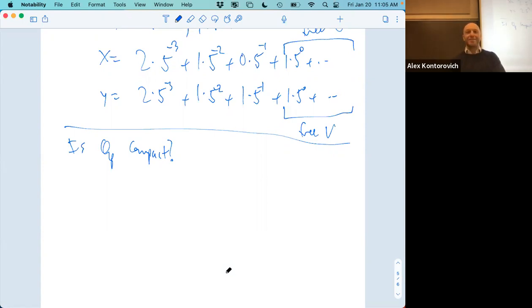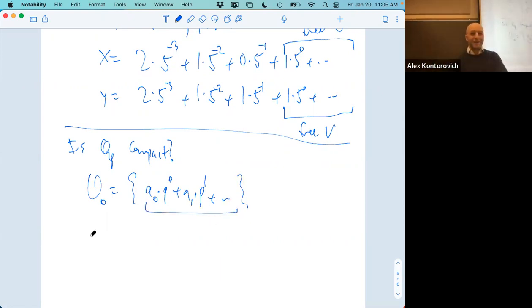I think you just pick every point and look at the ball around it, and then probably you cannot find a finite subcover. That's exactly what you can do, and you can take that point to be the origin. So here's a bunch of open sets. O0 is the set of all A0 p to the 0 plus A1 p to the 1 and so on. That's obviously a cylinder set.